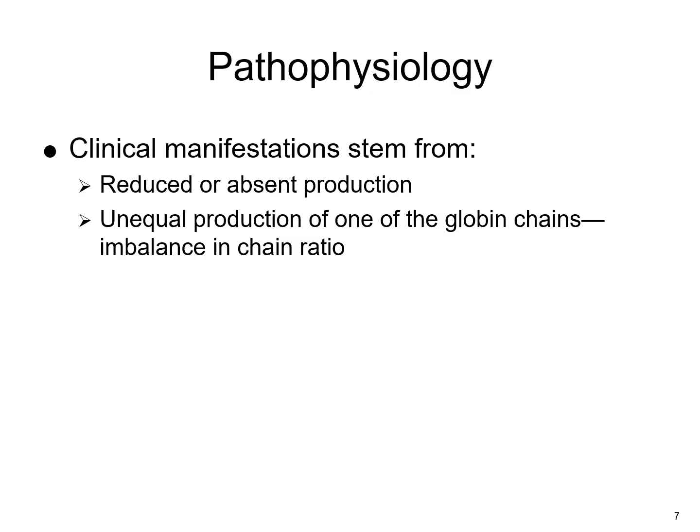The second could be from imbalanced globin chain synthesis, and this is when one globin chain is produced normally and the other is absent or reduced. The excess unpaired chains precipitate inside the red blood cell precursor. This will lead to ineffective erythropoiesis, and this results in hemolysis and further anemia.